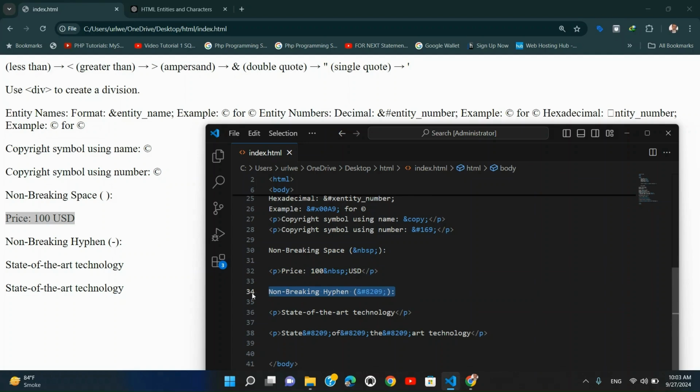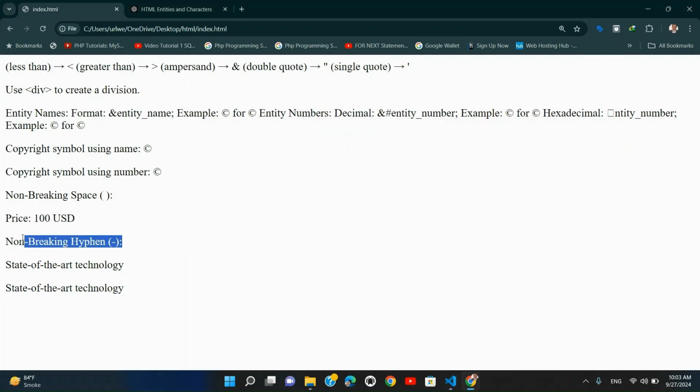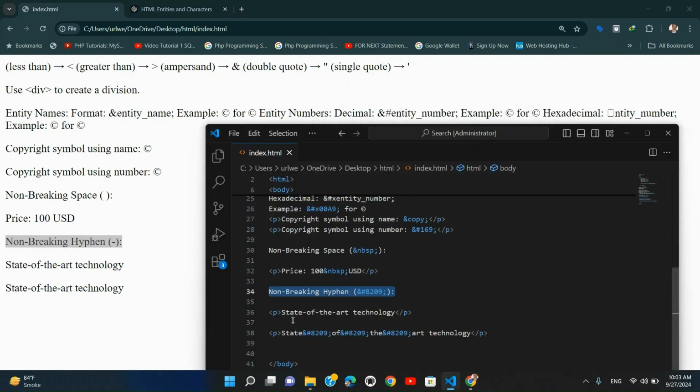Non-breaking hyphen, &#8209;. Prevents a hyphenated word from breaking across lines. Example. <p>A state-of-the-art technology</p> With non-breaking hyphen: <p>A state&#8209;of&#8209;the&#8209;art technology</p>